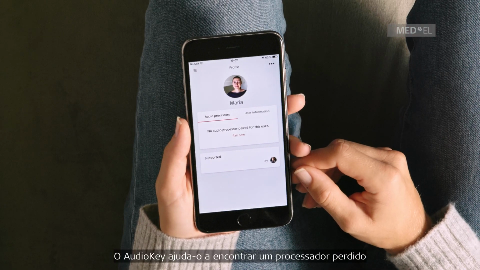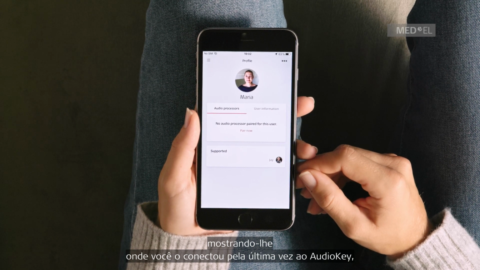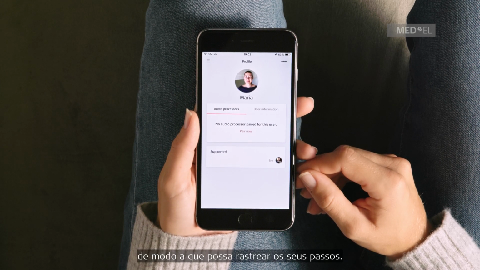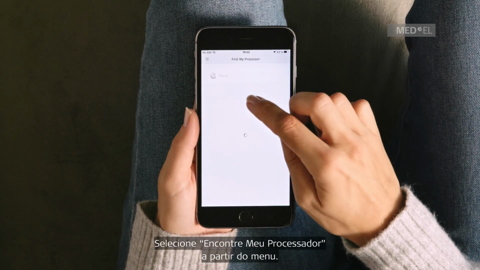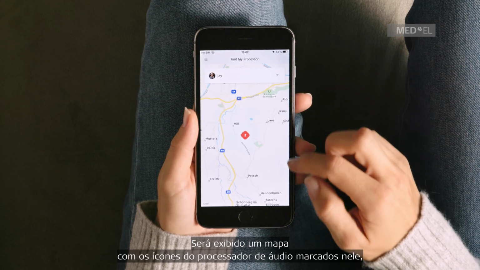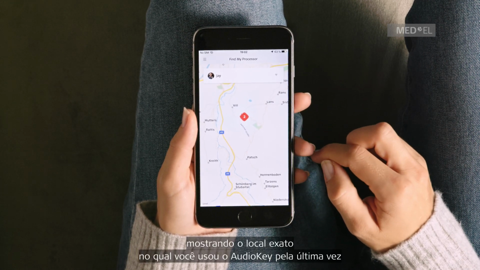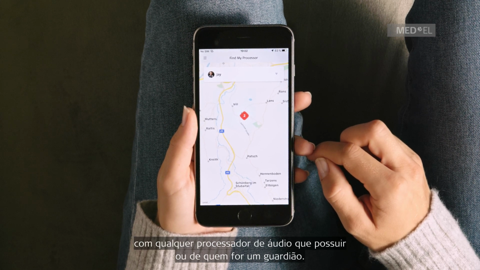AudioKey helps you find a lost processor by showing you where you last connected to AudioKey, so you can retrace your steps. Select Find My Processor from the menu. A map will appear with audio processor icons marked on. This shows the exact location where you last used AudioKey with any audio processor that you have, or that you